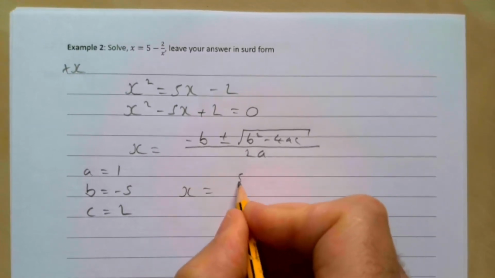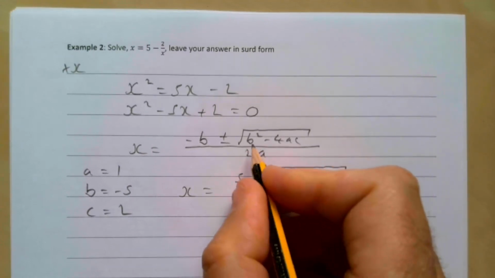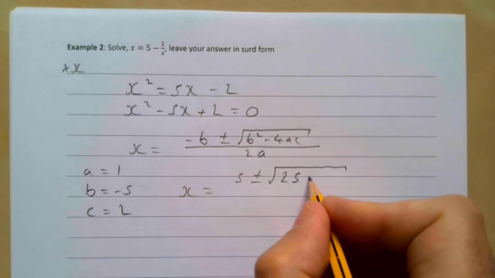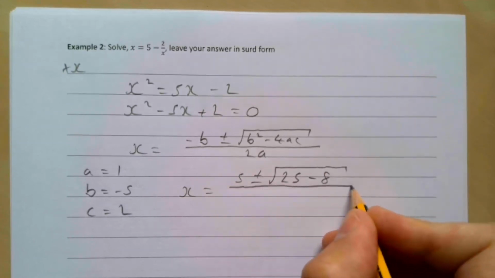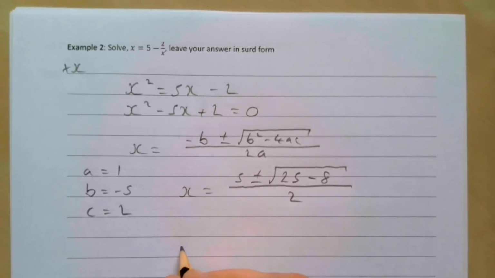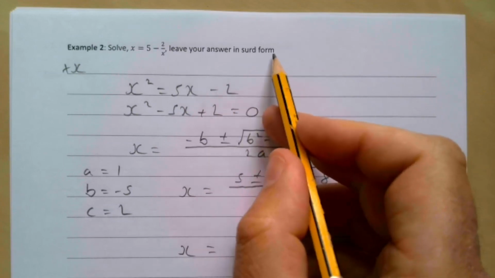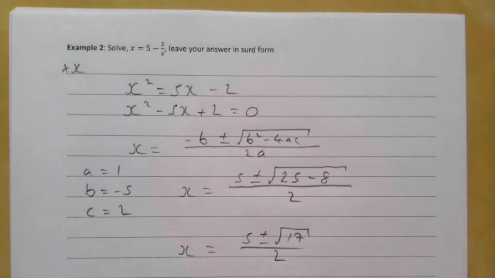So x equals 5 plus or minus the square root of minus 5 squared, remember minus 5 squared doesn't give you minus 25, it gives you positive 25, and then that's going to be take away 4 times a times c, which is 1 times 2, which is 8, and then all over 2a, then is 2. And so we'll have x equals then 5 plus or minus the square root of 25 take away 8 is 17 all over 2. This one just says leave your answer in surd form. We've just done surds there in the last unit, the unit before maybe. And so we leave our final answer then